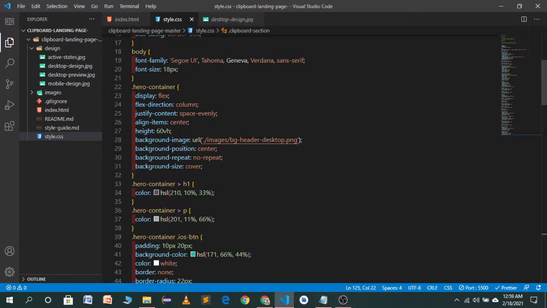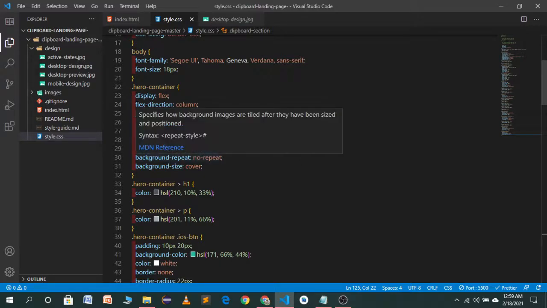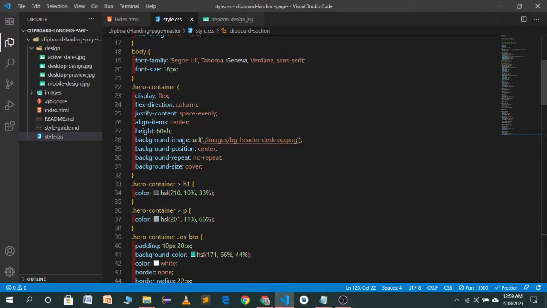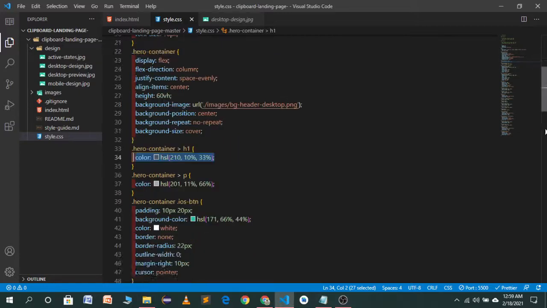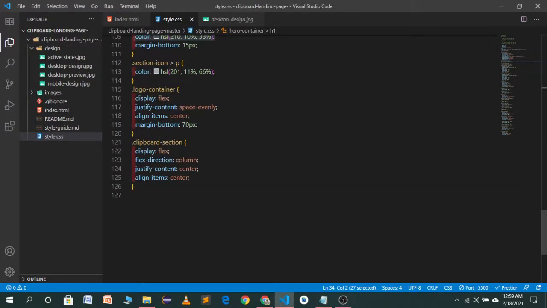Here we have used the same technique, and now I will copy the color for our h1 tag and target the h1 tag in our clipboard section. H1 tag, the color will be this one, and for our paragraph tag the color will be this one.